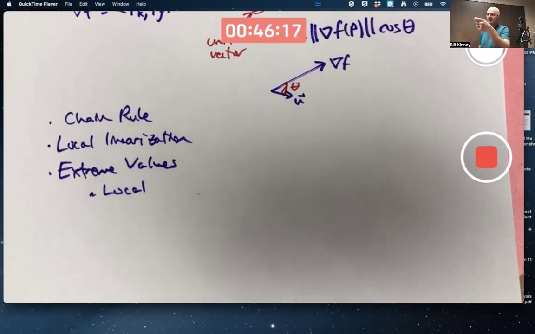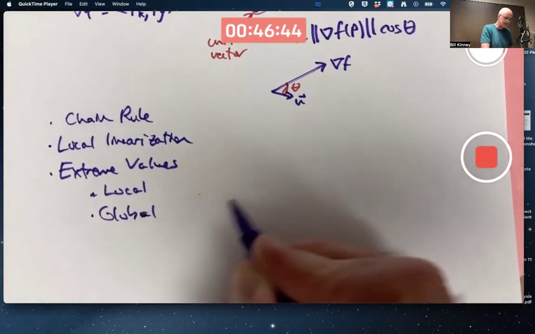Test whether they're max, min, or saddle points by computing the second order partials. And there's the discriminant thing, which is actually a determinant of a matrix of second order partials. If it was negative, then the point was a saddle point. If it was positive, then it was either a max or a min, depending on whether the graph was concave up or concave down near the point. And then the global